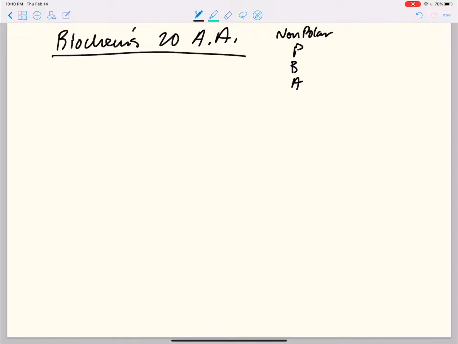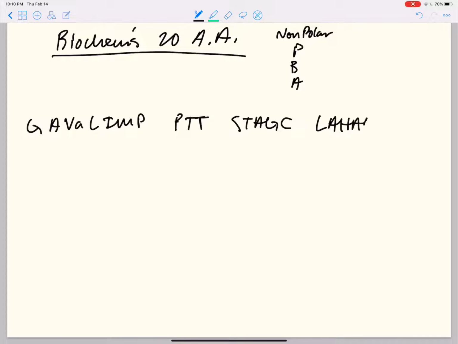And with nonpolar, I will show you why I write it out the way that I do. So you have GAVaLIMP, PTT, STAGC, and then LAHAG. It's not pretty, but it works. So we have